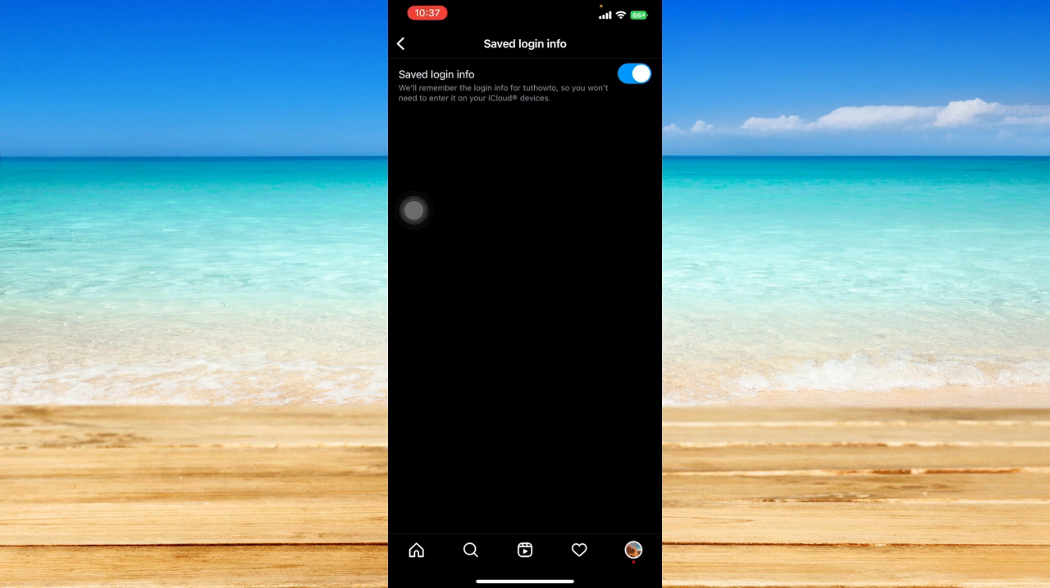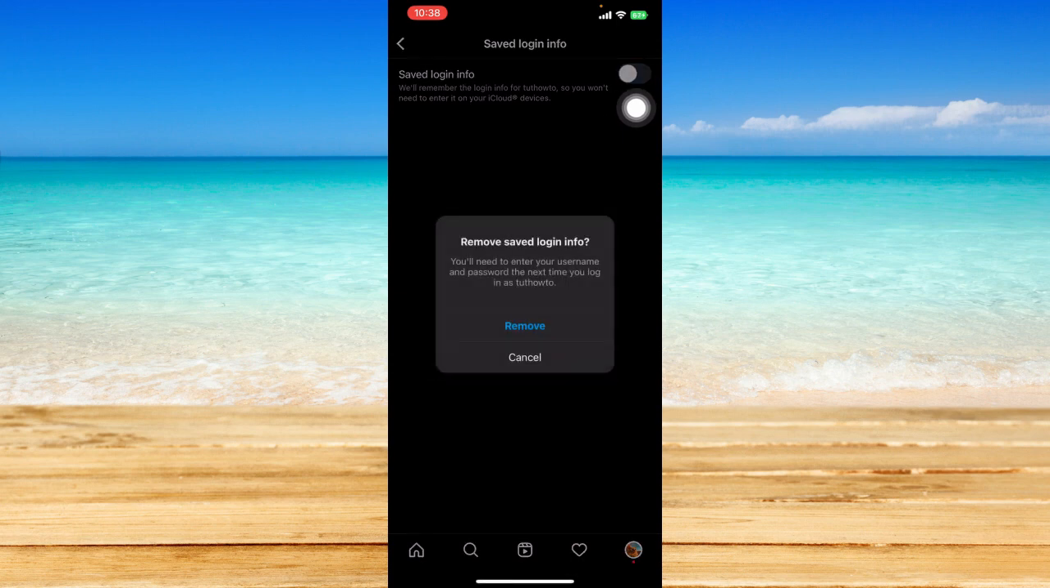So by saving your login info, the Instagram app will remember the login info for your Instagram account, so you won't need to enter it on your iCloud devices for iPhone users. So if you want to remove this Instagram account and don't want it to be remembered by Instagram, just simply click on this toggle button right here to have it turn gray instead of blue, and this window will pop